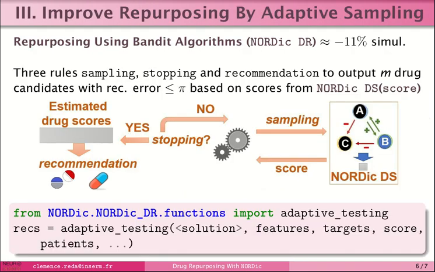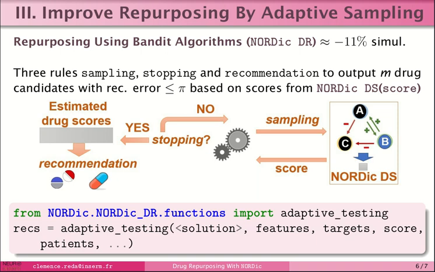Finally, we improve the computational costs of network-oriented scoring by resorting to adaptive sampling. Since the scoring method rely on enumerating attractor states of the Boolean network, getting a score can be computationally expensive. When screening a whole drug library with an access to a large set of patients, resorting to an adaptive sampling instead of naive grid search can save some computation in terms of number of tests. Module NORDic drug repurposing implements a bandit algorithm, which is able to restrict the number of needed tests while granting a maximum recommendation error of pi.